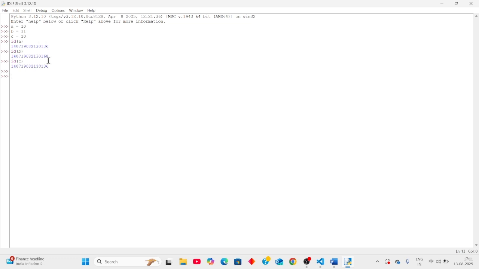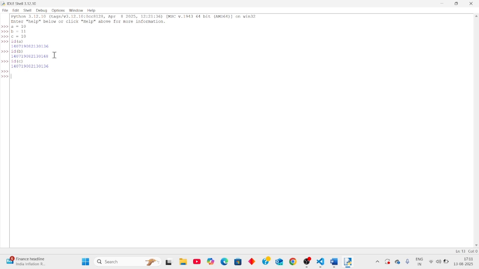You can write the point: if multiple variables have the same integer value, then their memory location will be shared, as we see here. A new memory location will not be created. This is right.